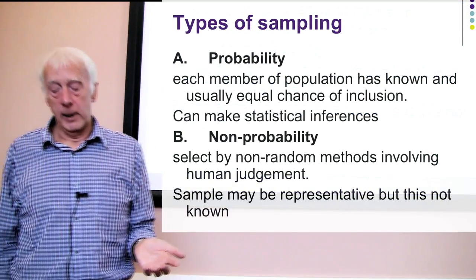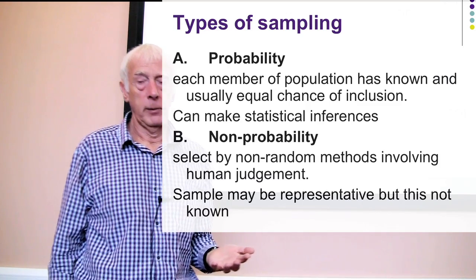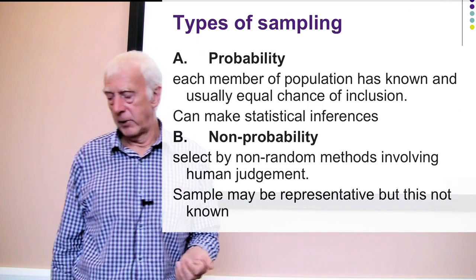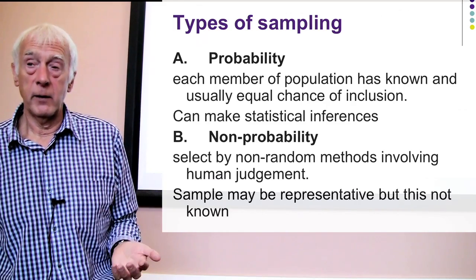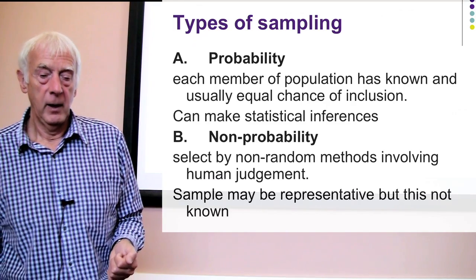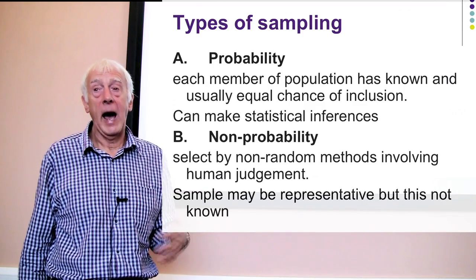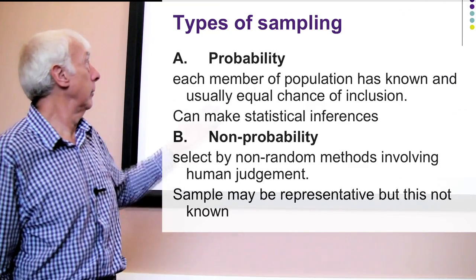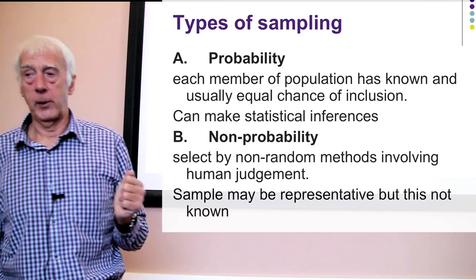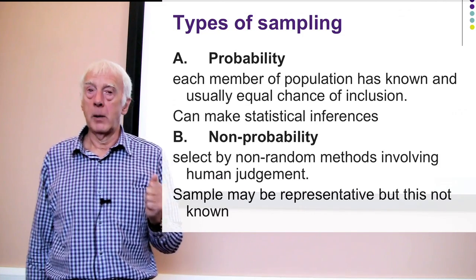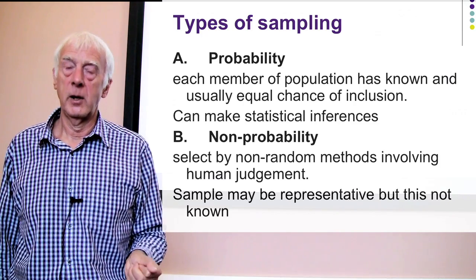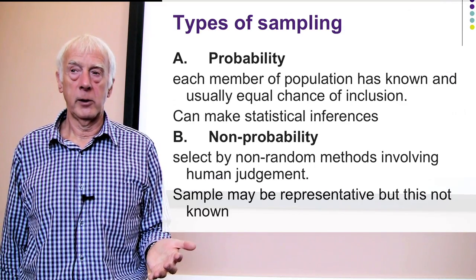But we can't always do that. It's not always possible to do probability sampling. There are certain things you need in order to carry out probability sampling approaches. Time is one of them, resources another one, the right kind of populations and information about those populations are important. If you haven't got that, you may have to resort to non-probability sampling. And the point about non-probability sampling is it involves some kind of human judgment to pick the people you're working with in your sample.